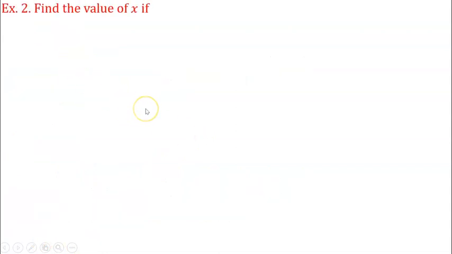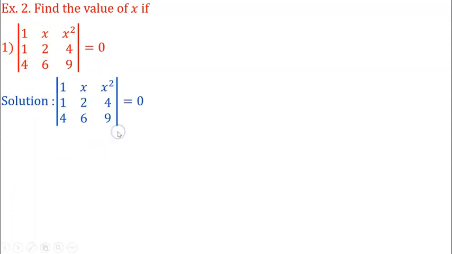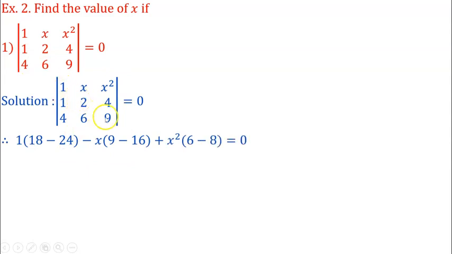Example 2. Find the value of x. 1, x square, 1, 2, 4, 4, 6, 9, that is equal to 0. Evaluate it. That is the first, 1 into 2 into 9, that is 18, minus 6 into 4, 24, minus x. Next, 1 into 9, you will get a 9. 4 into 4, minus 16, plus x square into 1 into 6, minus 4 into 2, minus 8, and that's